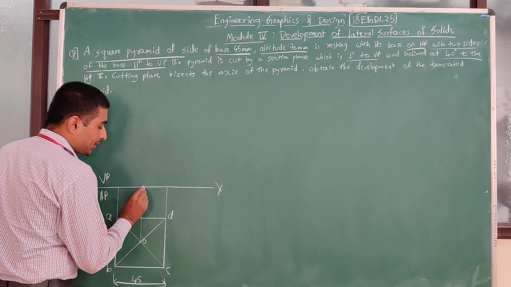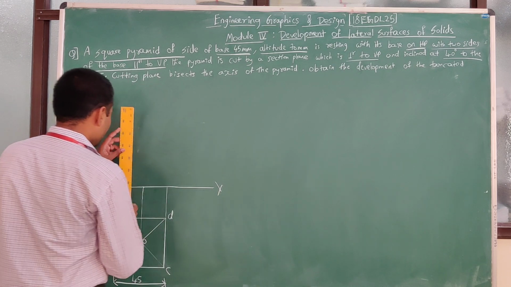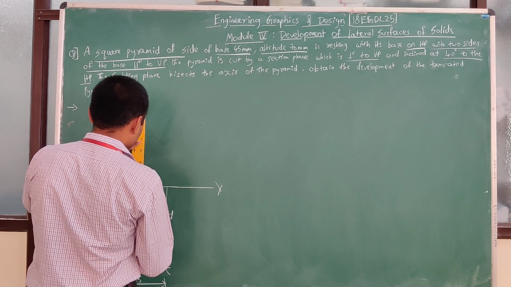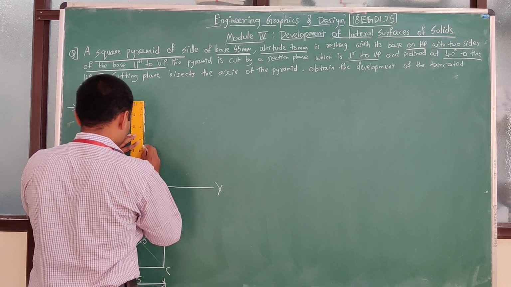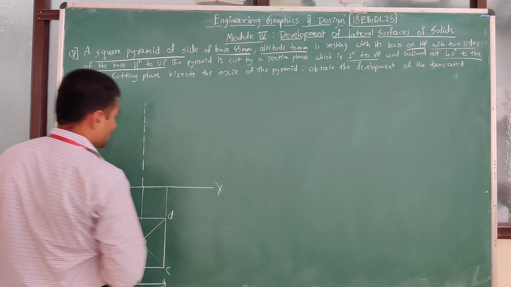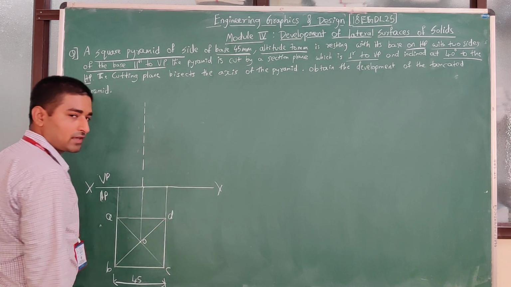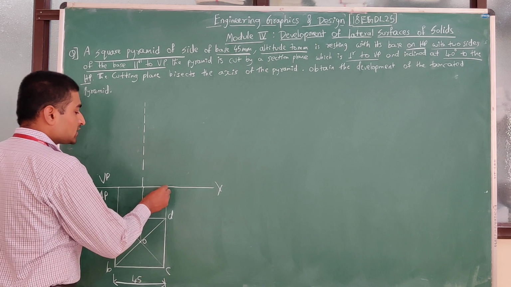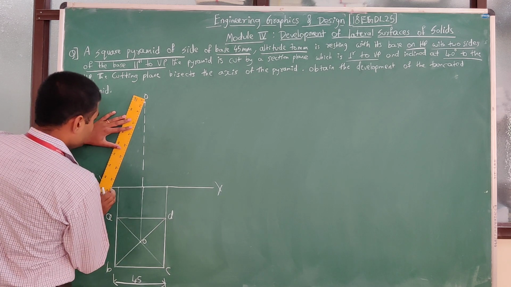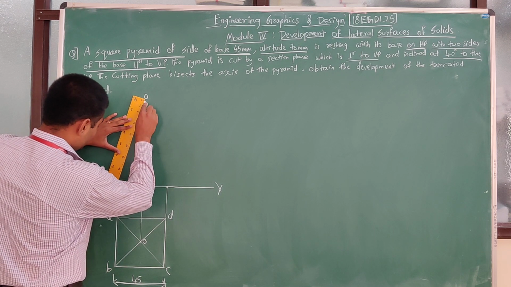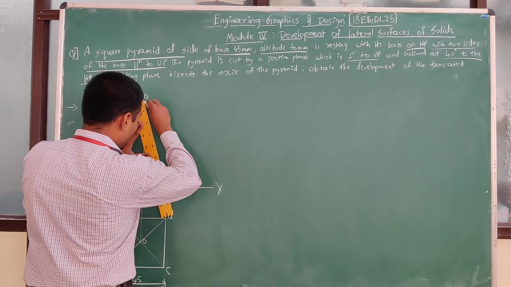Right? Now the altitude height is given, so that is nothing but the axis height. That is how much? 70. So draw the 70 mm height with the axis line. Okay. So once it is completed, now with respect to each point, the edges which we have obtained on the XY line for the top view, project them and join it at the common apex. Okay. So if you connect them, yes. So this is one edge, and this will be one more edge.